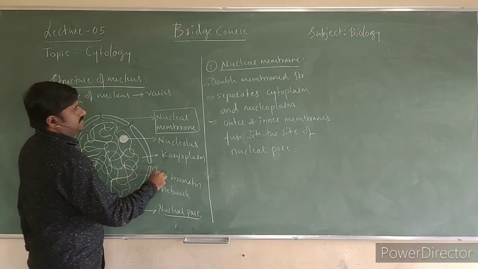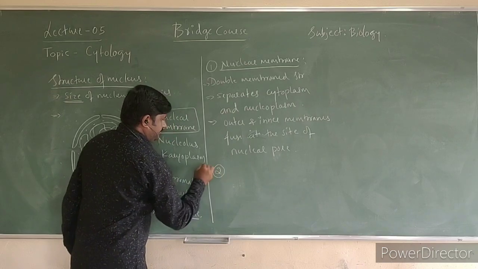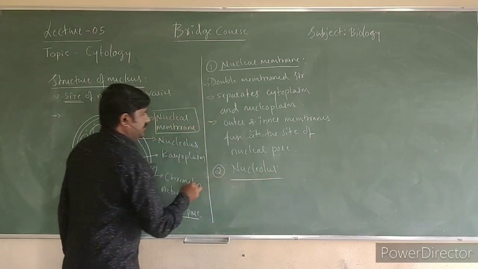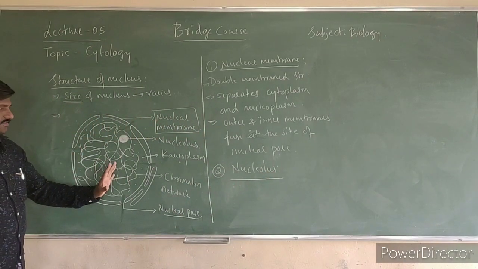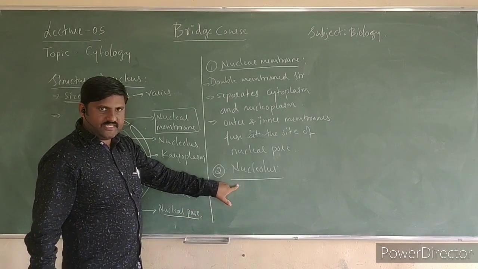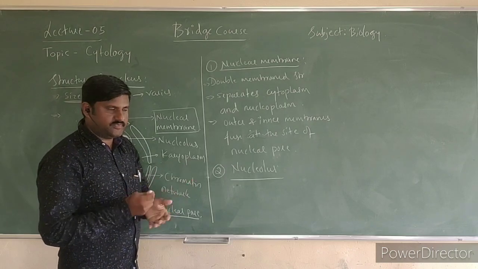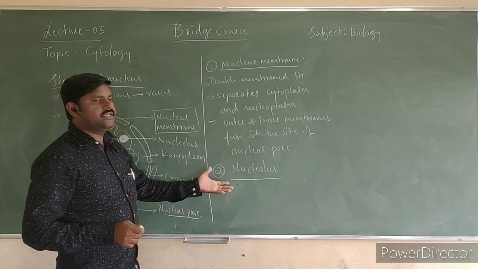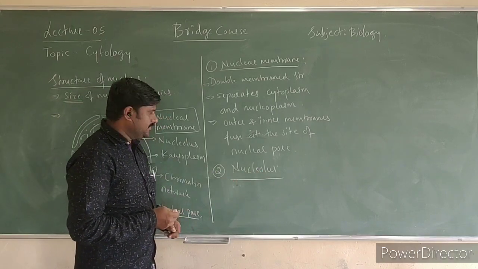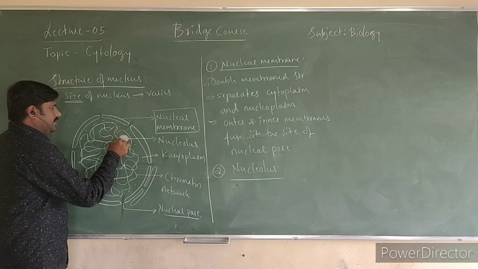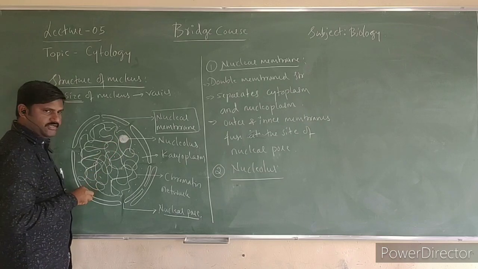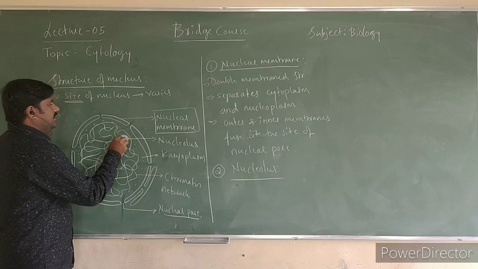And the next one, the second one, is nucleolus. You have studied all these things briefly in previous classes, right? I am explaining this very shortly, with a short explanation, right? You will study these in length in PUC 1, right? Nucleolus is also one of the membrane-less cell organelles present inside the nucleus. This is also said to be a small nucleus, and this is a